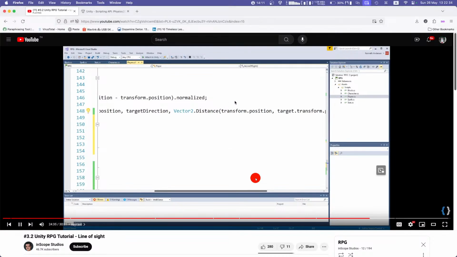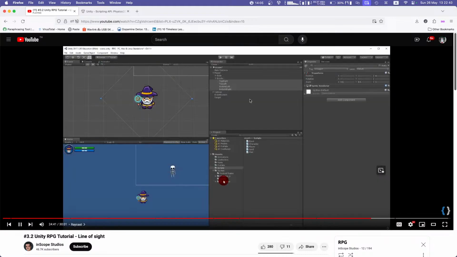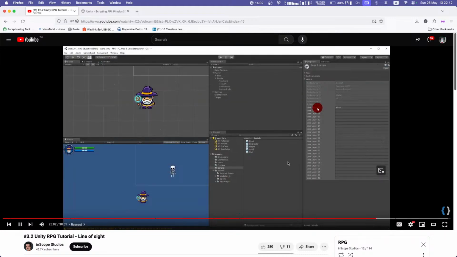Now it shouldn't collide with our player by mistake. So right here we can actually add a layer mask. Let's select our blocks here, which means I can